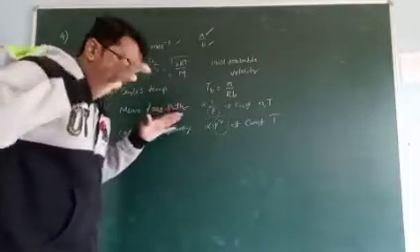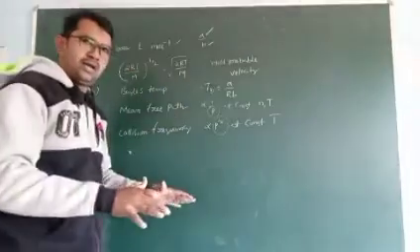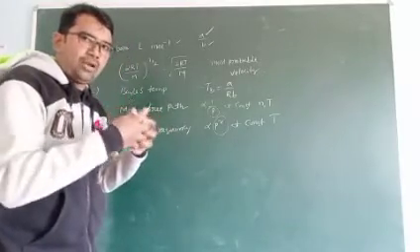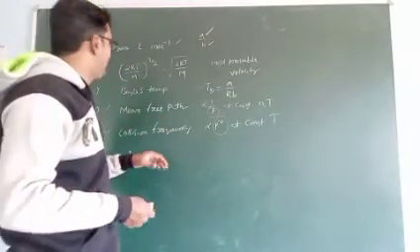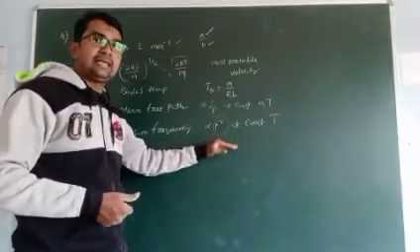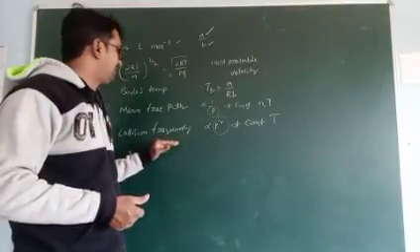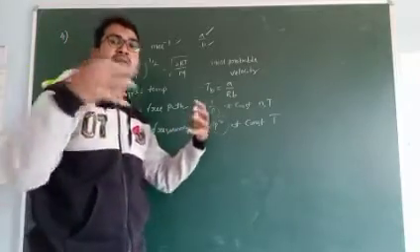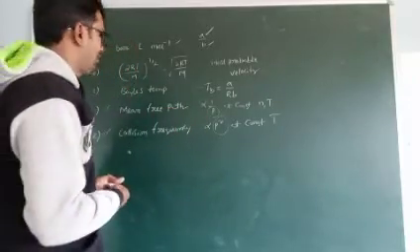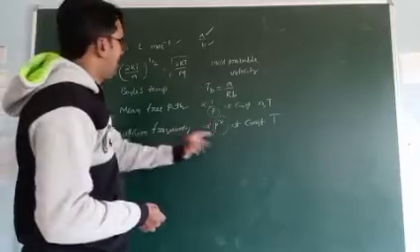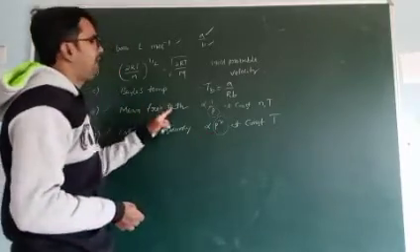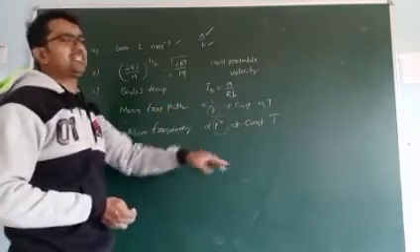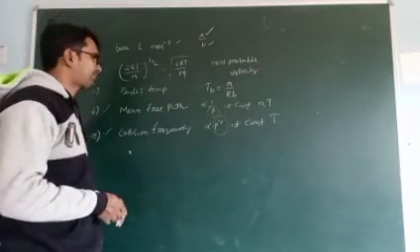If more pressure is applied, the molecules come very close and collide with each other. So that's why, if pressure increases, collision frequency also increases. Right? Collisions mean collisions between the gaseous molecules. So for E, this is the answer. For mean free path, it is inverse. Remember this one only: mean free path is inversely proportional to the pressure.